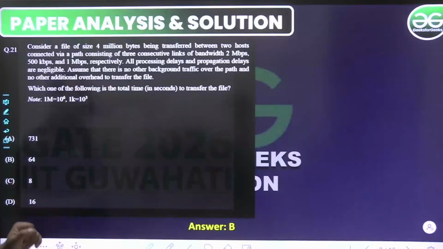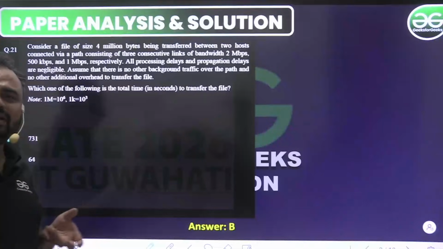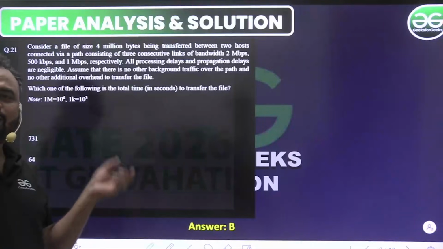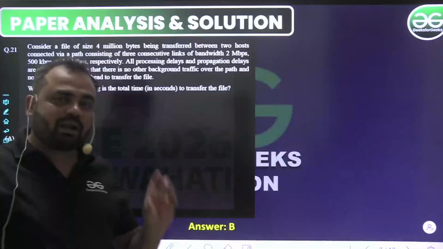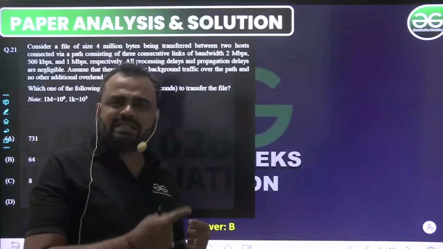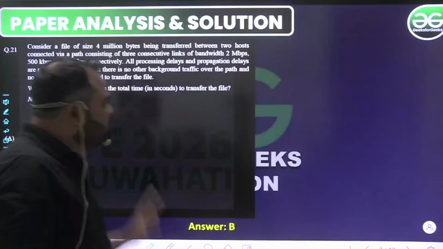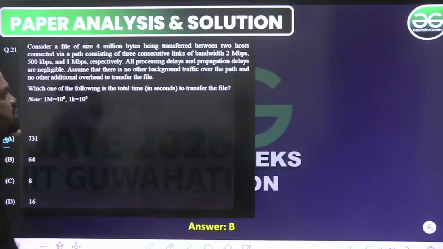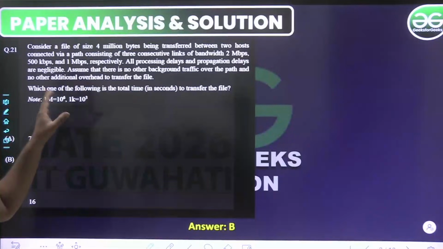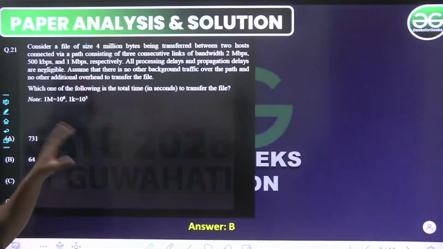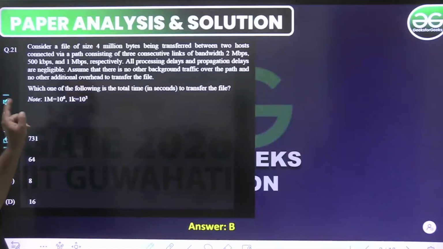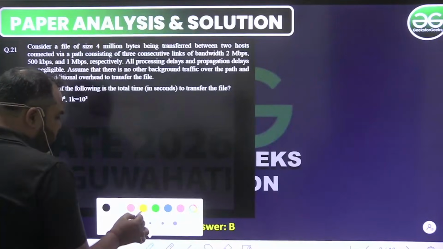All the processing delay and the propagation delays are negligible. Obviously, the process will get propagated as well as once the packet will be received by the router, it will process it after storing the packet and then it will be forwarded, ठीक है ना। तो ये स्टोर फॉरवर्ड टेक्निक का बेसिक सा क्वेश्चन है, ठीक है। Assume that there is no other background traffic over the paths and no other additional overhead to transfer the file. Which one of the following is the total time? इस बात पे फोकस करते हैं।